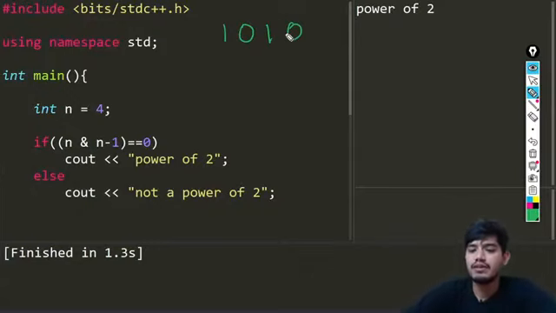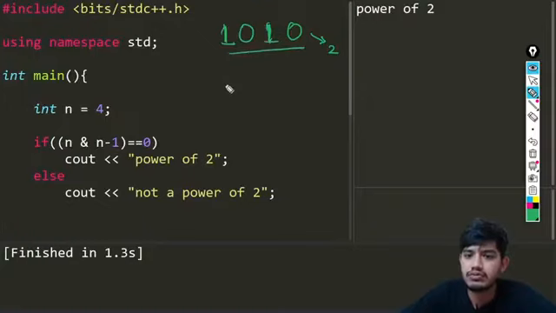So you can see the value is 2 here. The total number of set bits in this case is 2, because this one is a set bit and this one is a set bit. So 2 set bits are present in 10, and let us see how we can find this.